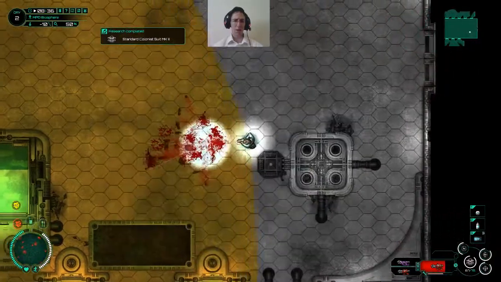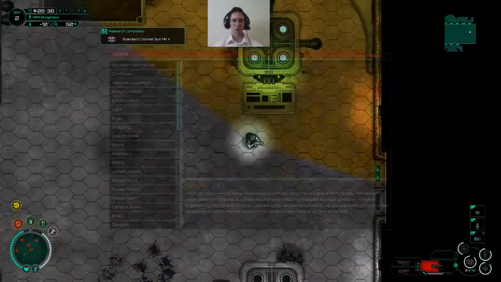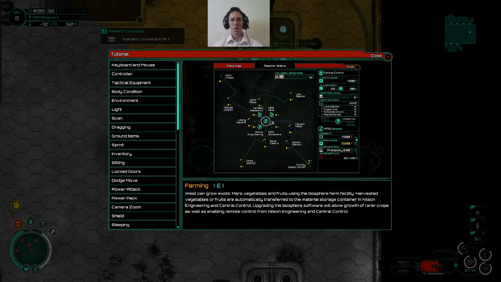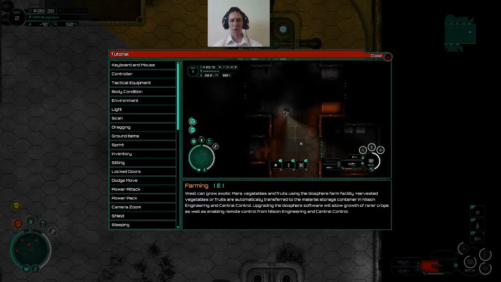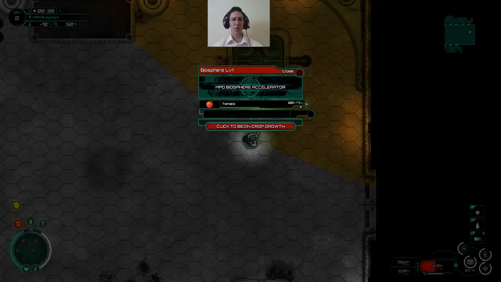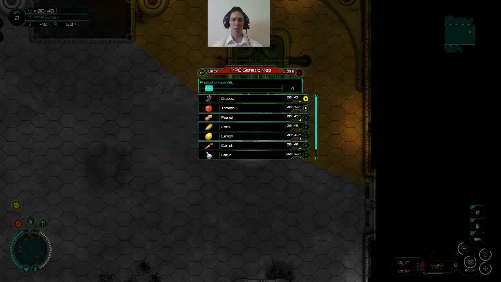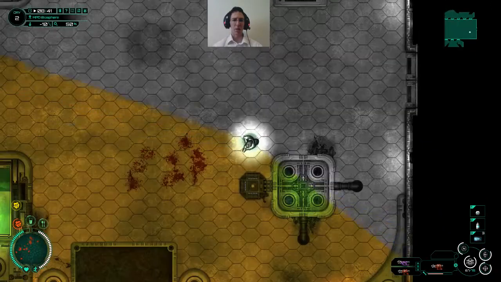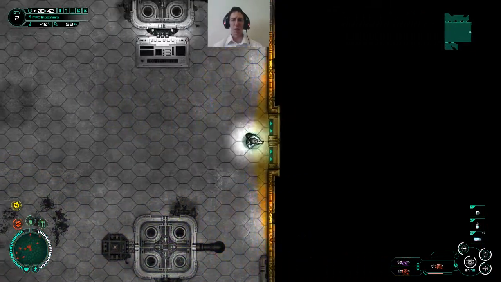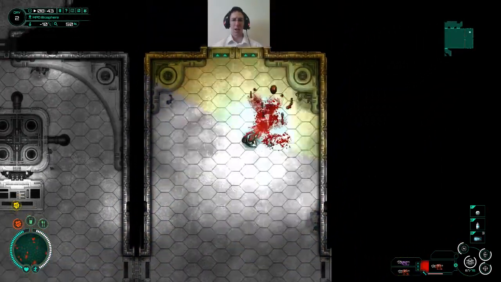Oops. Ow. Here's controls for everything here. In Nielsen Engineering and Central Control, upgrading this type of software will allow growth of rare crops as well as enabling remote control from Nielsen Engineering and Central Control. So yeah, everything's already set up to work from those extra areas, so they must have made a change. Because I only have the basic chip right now. Biosphere level 1, yeah. Nothing, I don't have level 2 or anything. So I don't know what's up with